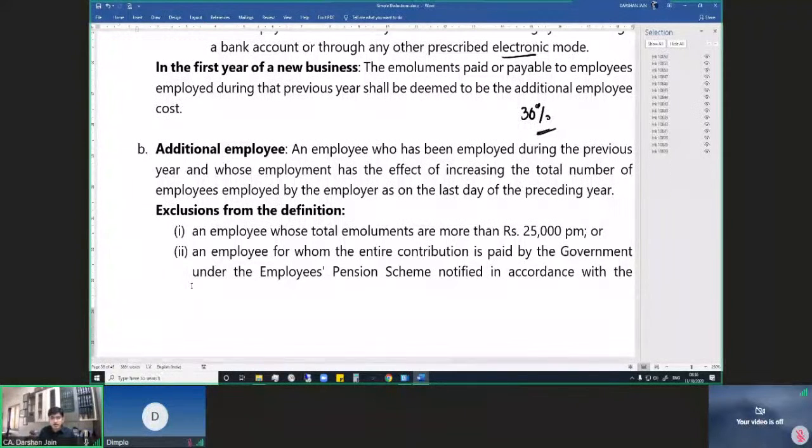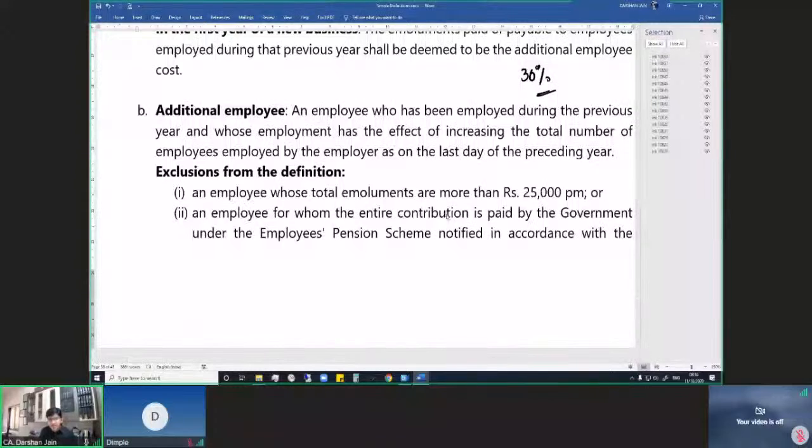What is an additional employee? Now, you can see they've plugged a few loopholes wherein additional employees could be planned. You take some employees on the last day of the year and then you claim that these are my additional employees. So they say that no, you have to employ a particular person for at least 240 days during the year. So an employee who has been employed during the previous year and whose employment has the effect of increasing the total number of employees